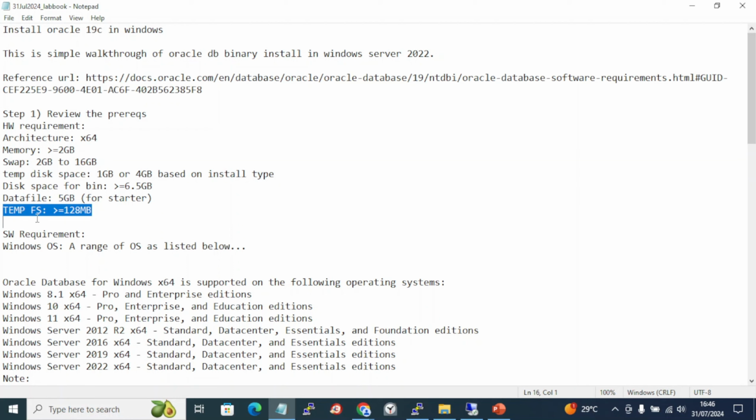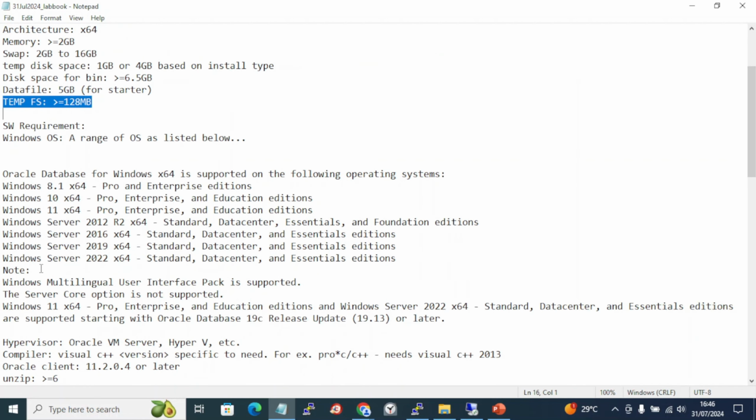We are going to see about the virtualization support as well, separately. Software requirement: the range of Windows OSs supported from 19c is, it supports from 8.1 itself, 64-bit, but Pro edition of the Windows or Enterprise edition. Windows 10, Windows 11, these are desktop class editions which are supported. On top of it,